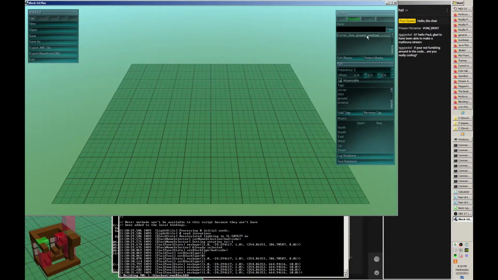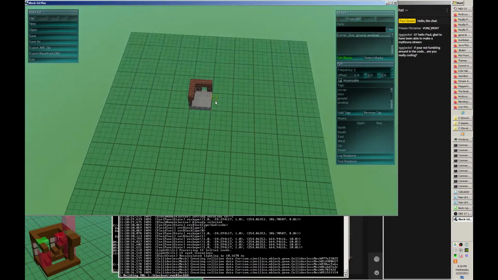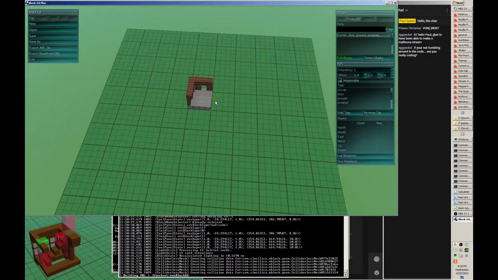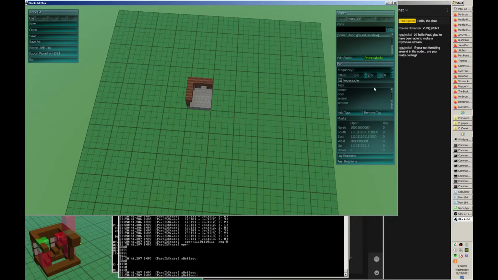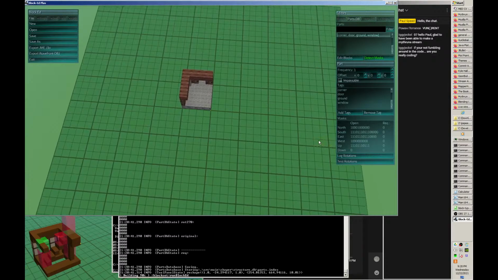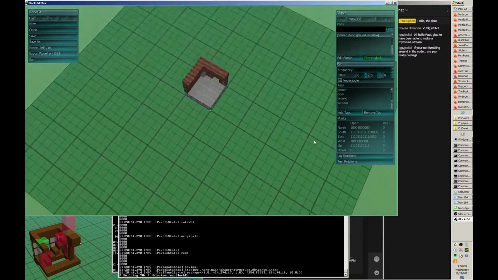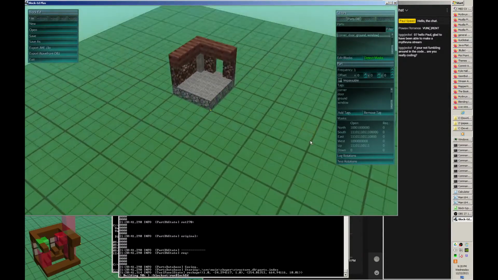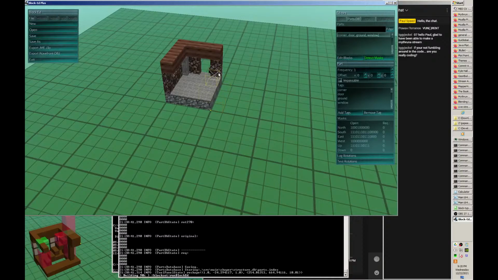So we've got a parts database. We've only got the one part in here. It looks like that. Do we have to do detect masks? Yeah. Okay, so that'll detect the masks and set it up. Basically, when you get a part the way you like it, it'll detect the masks on these faces so that it knows to